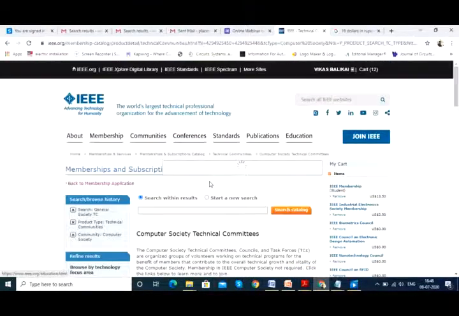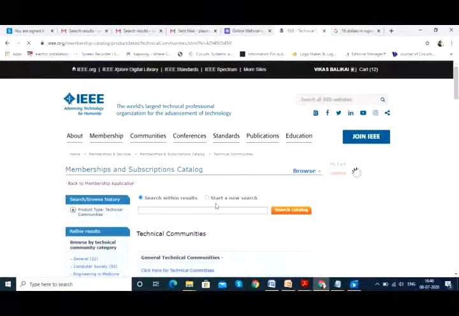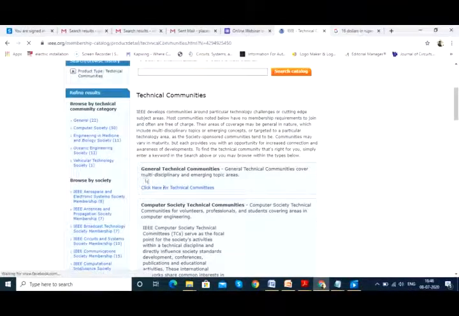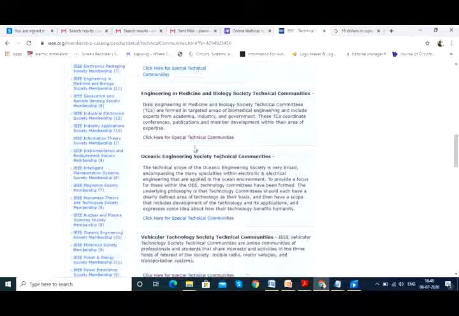So that's what is available under different technical committees or communities. So here the councils we have already added, and societies we are done. So rest all will be paid versions. So basically one last time I'll try to do it under technical communities. So we did for Computer Society technical communities. There are 29 communities under this head. Try to add all those things.